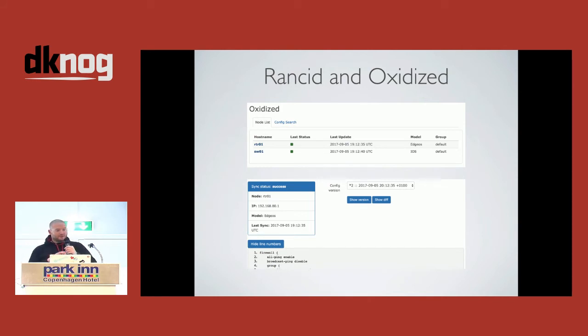You can basically go to a device in LibreNMS and go to the config tab in there, and it will pull all of your config information out using the Oxidized API. And if you're using Git as the output in Oxidized, then we do version control from in there as well, and you can do diffs, etc. So you don't have to leave that interface. That's just a screenshot of what you'd see within LibreNMS.